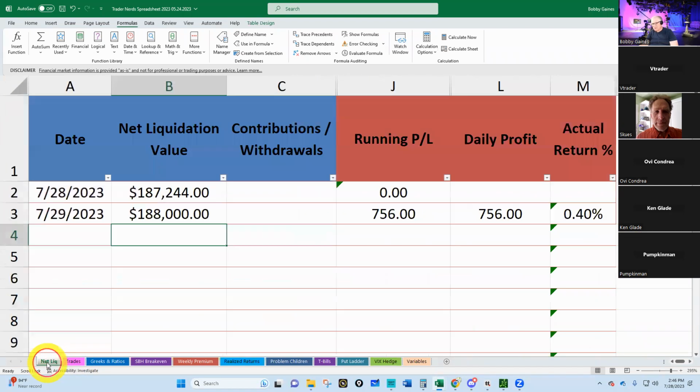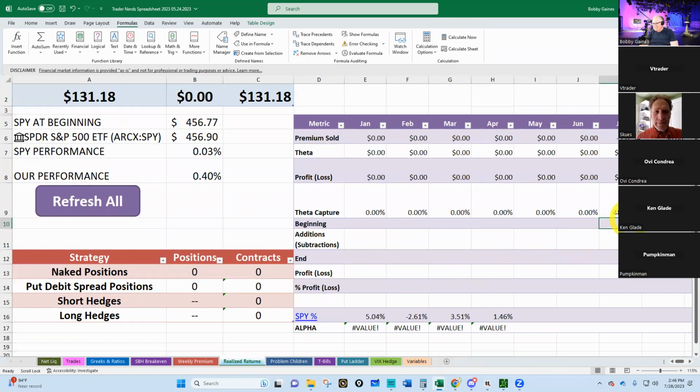So for July, we started with 187,244. If you add or subtract any funds, you need to put it in there. And then let's say at the end of the month, we had $189,546. Then you would see that it says we made 2302, which is a 1.23% return.